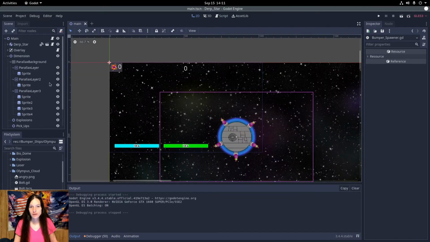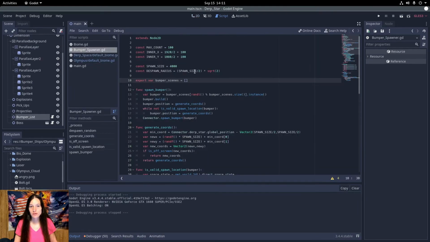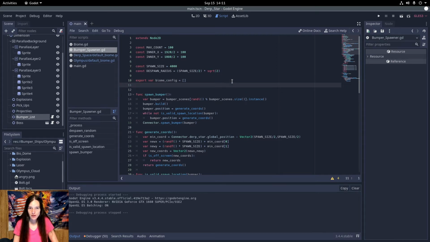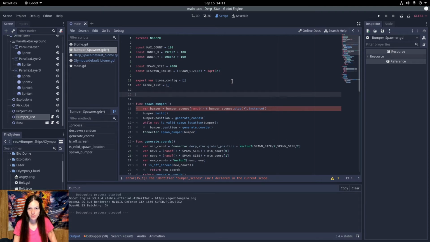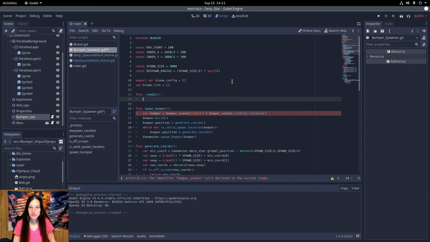So now in the bumper spawner, I'll remove the bumper scenes export resource, and I'll make a new one for the biome config. And this will be an empty array. I'll make another variable for the biome list, which is also an array. And then on initialize, or ready, I don't think it'll work on init. So on ready,